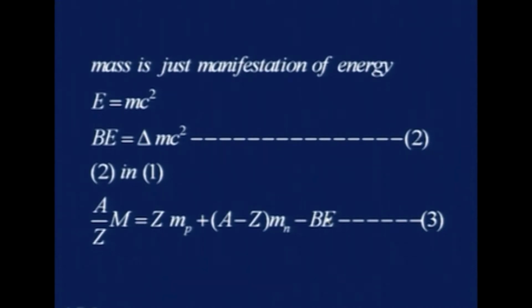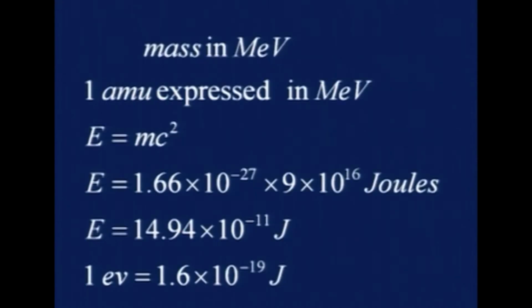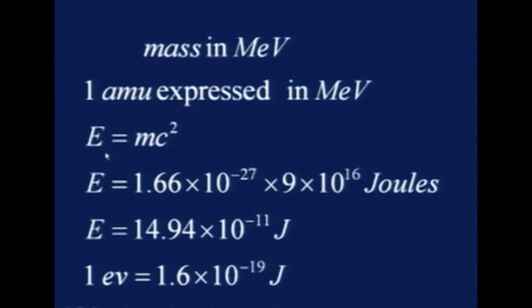So this is the energy-mass formula, and this is the starting point of the mass formula, and here the masses are in MeV. The one atomic mass unit is expressed in MeV, because energy and mass are related. So we will see, if it is one atomic mass unit, what is the energy equivalent of that. We go to Einstein's relation, E equal to mc squared, and then we put one atomic mass unit, which is nothing but